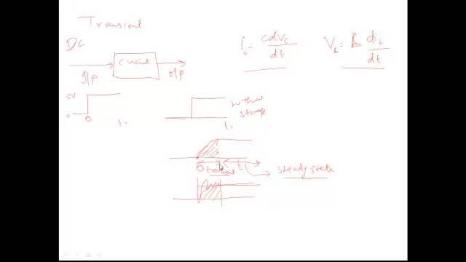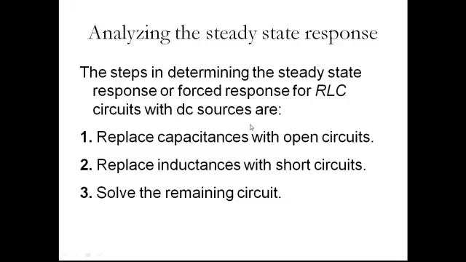I am not talking about transient now. I am talking only about the steady state. So these are the steps you have to understand. The steps in determining the steady state response or the forced response for the RLC circuit with DC sources are: first step is you have to replace capacitance with open circuit. Second step is if you are having an inductance, you replace the inductance with short circuit and then solve the